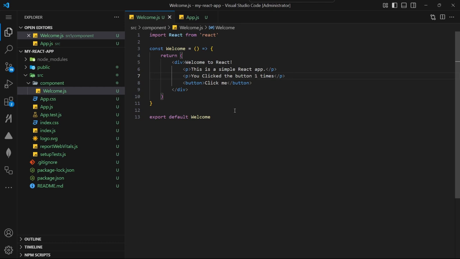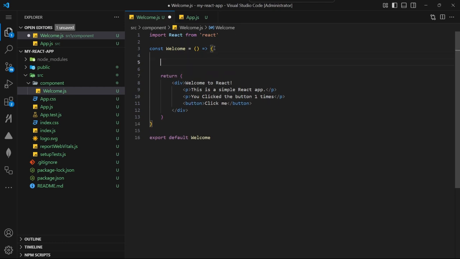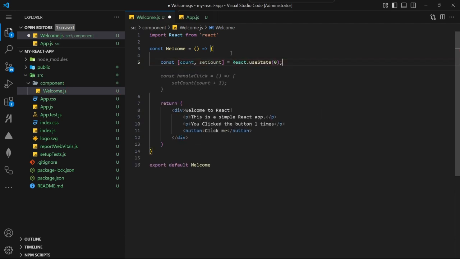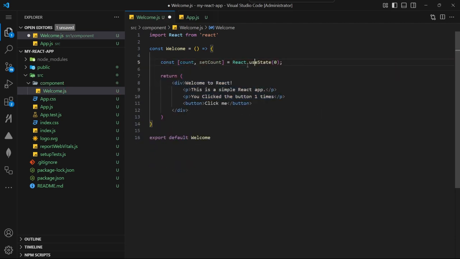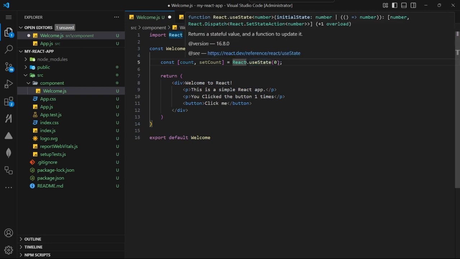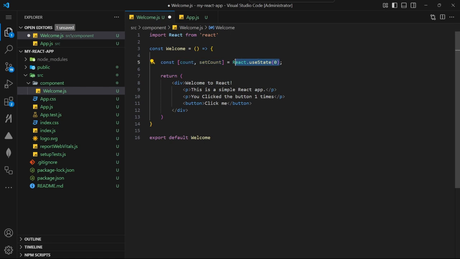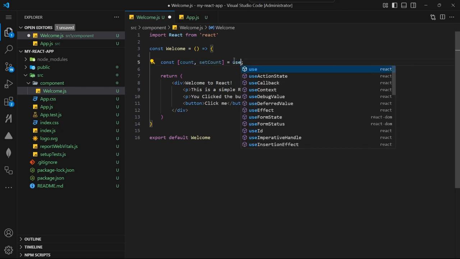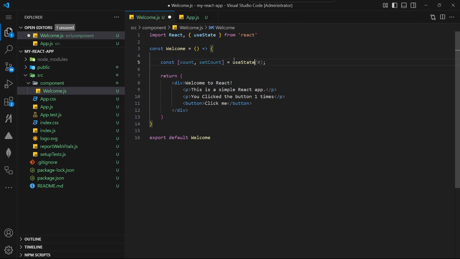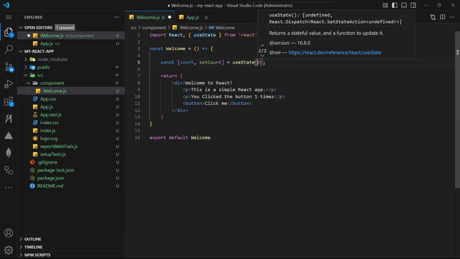To do that, first we have to use the useState hook. To do that, go for here and create a const count, setCount, and you can either call it like React.useState of 0. Otherwise, what I'm gonna do is I'm gonna directly call useState from React. It's gonna import that useState here, and I have to mention here the initial value, that is 0,